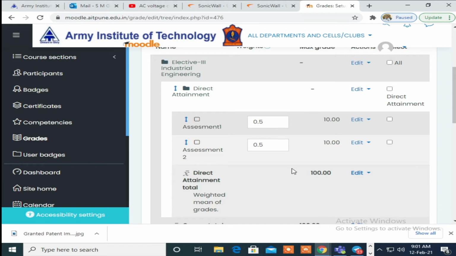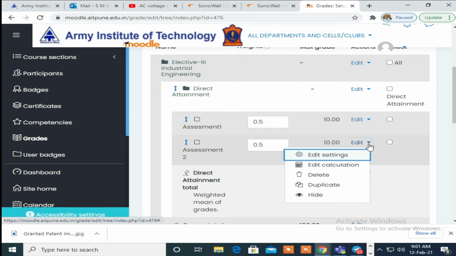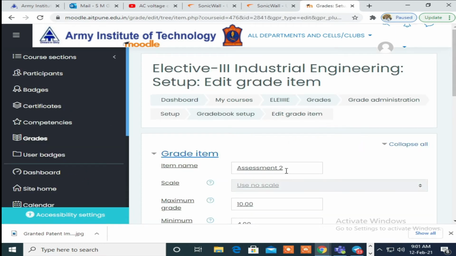So like this we made the changes. Then we need to add a few more items the same way as we added two items. What are the extra items, that we will see. So let's add a few more items inside the direct attainment. So a few more items like